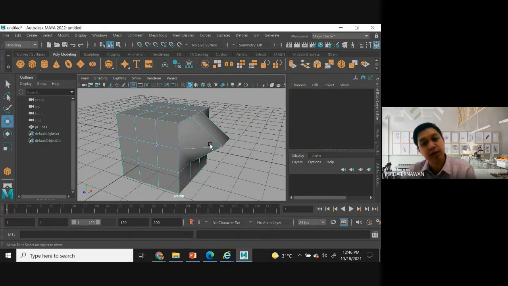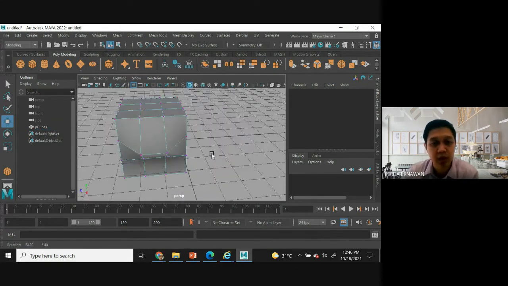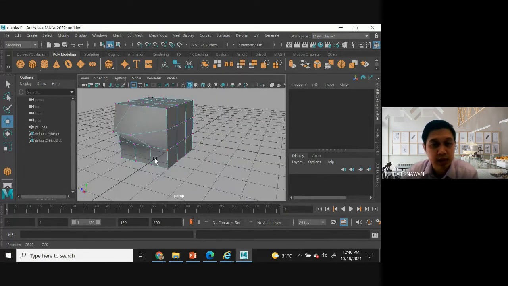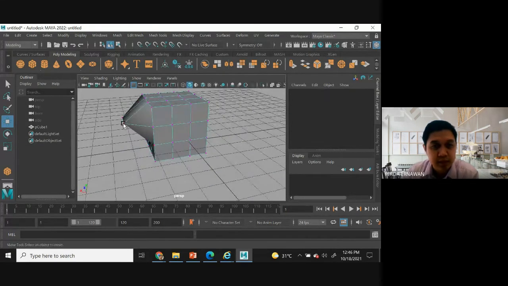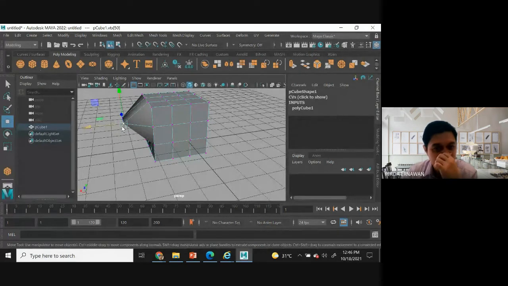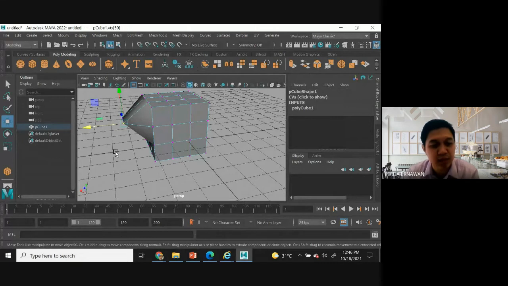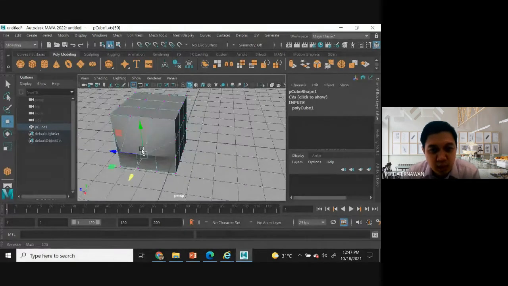Again, select the vertex. Vertex, as I explained before, is the point. Vertex in 2D is the point. In 3D, we call it vertex. Let's say I choose this one. If I select or block here, it means I'm selecting this point, 1 point. If I want to select 2 points, you press Shift.